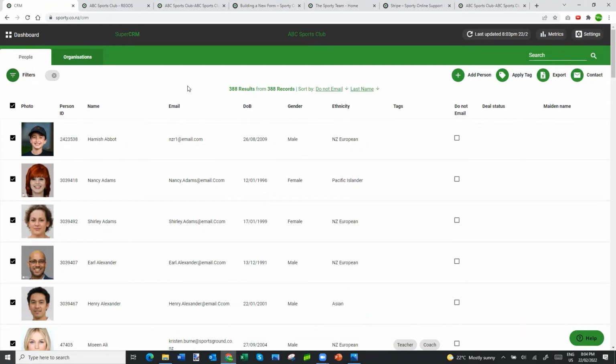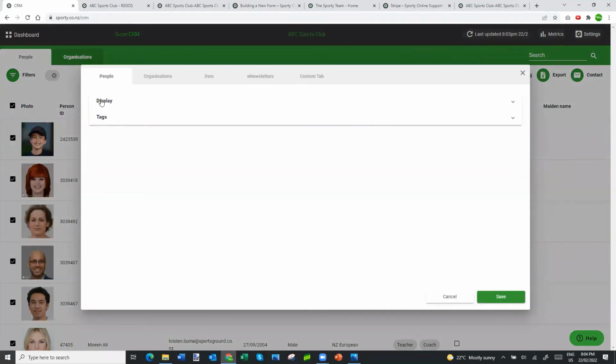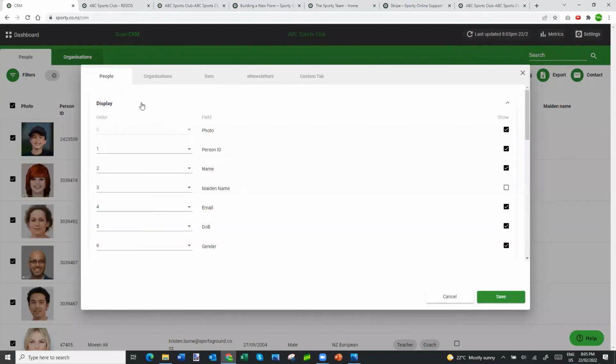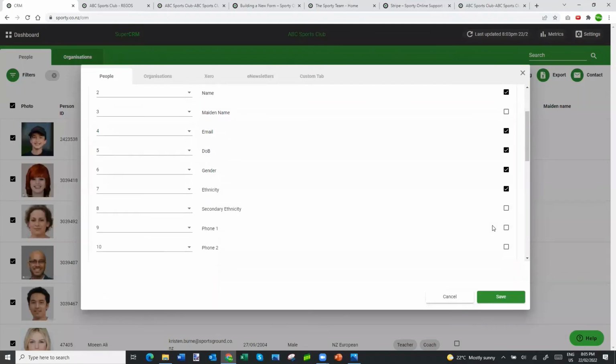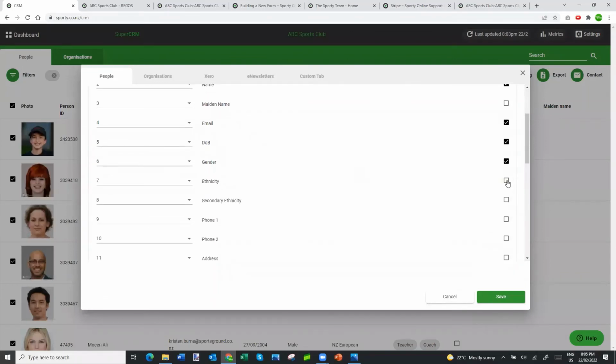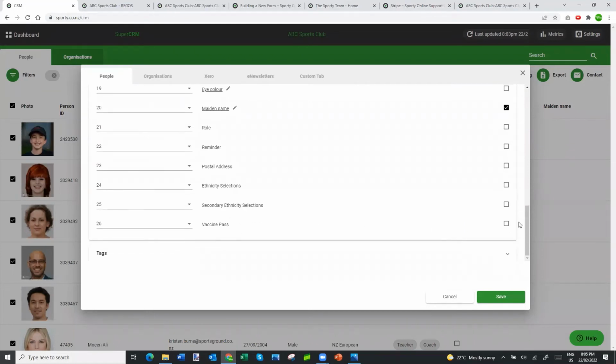From this main grid view, the first thing I'd say is you can decide whatever fields you want to appear in this person grid. Up the top right, there's a settings cog. We can click on that, and then under our display area, we can turn on and off whole columns for display. As Joe scrolls down through here, we can see there's a whole bunch of other columns that we could turn on, like phone or ethnicity or whatever. Obviously what you are doing in here is introducing additional columns to the grid, so you don't want too many of these on here. Otherwise it can end up